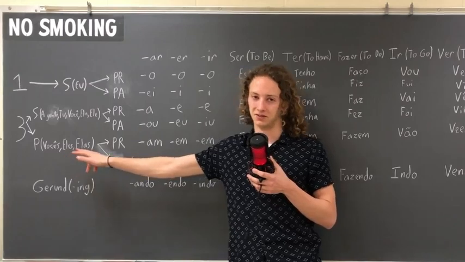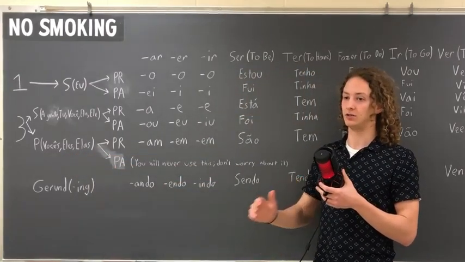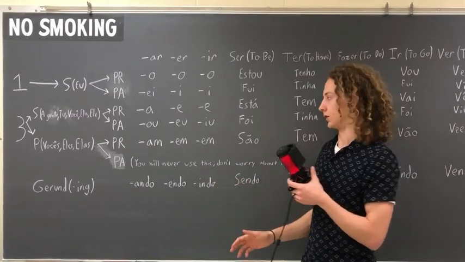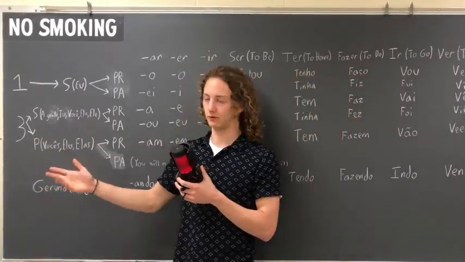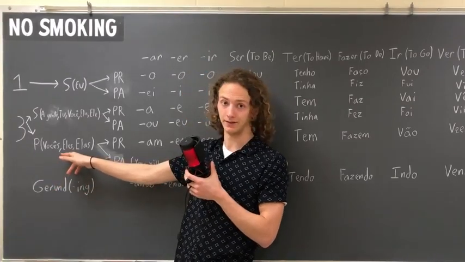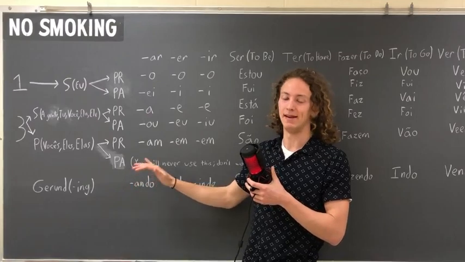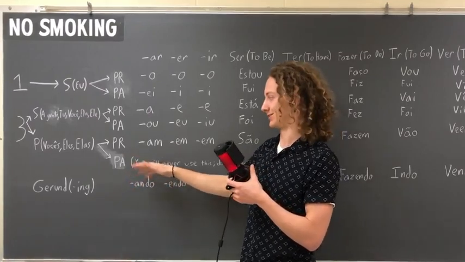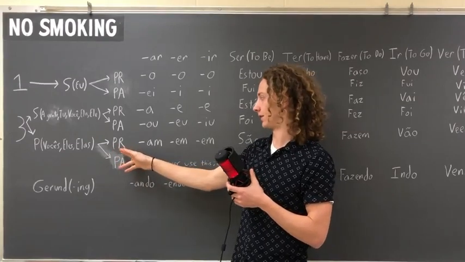Also, before I cut back to my other scene, I want to do an example with a third person plural. So if I wanted to say like they are doing something, right? Go to third person because I'm not involved. Plural because there's more than one person, and you can see Eles is on there, so we're good. And we don't even worry about past tense. I've never used past tense for this conjugation. So anyways, present tense, they are doing something.